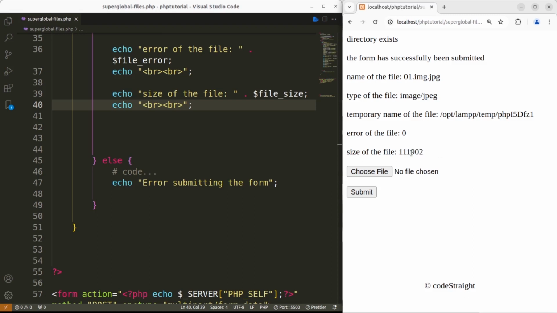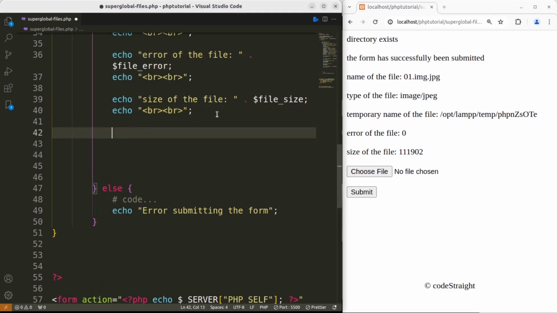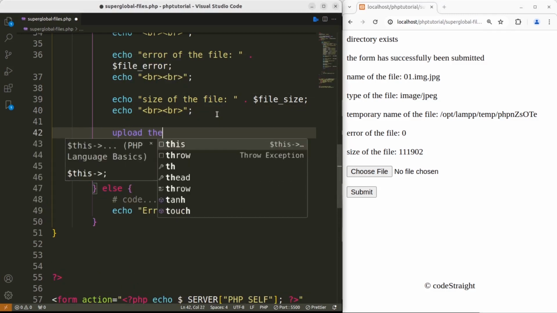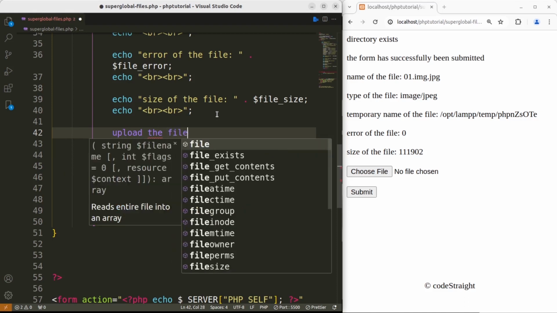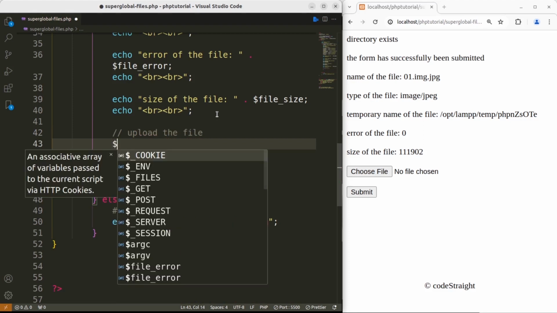That's how you can get individual information about the uploaded file. After that, you would like to upload the file. So let's get back to VS Code, upload the file. Let's comment that out, and before we move on, let's define a new variable, say